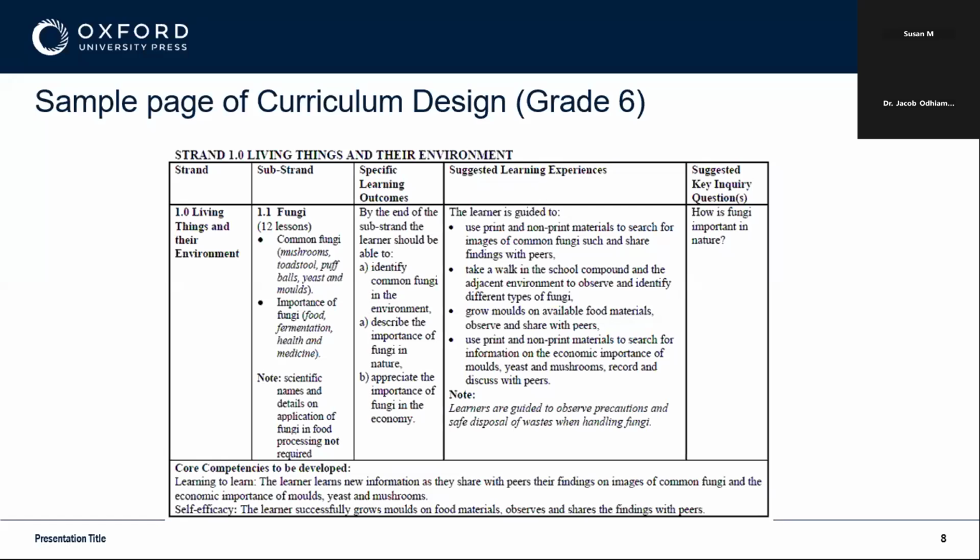But remember, our education system relies very much on external exams. And external exams, for example, in this case, will test the learners on the importance of molds, yeast, and mushrooms. So it is very important you be very keen on the suggested learning experiences. And then in the curriculum design,